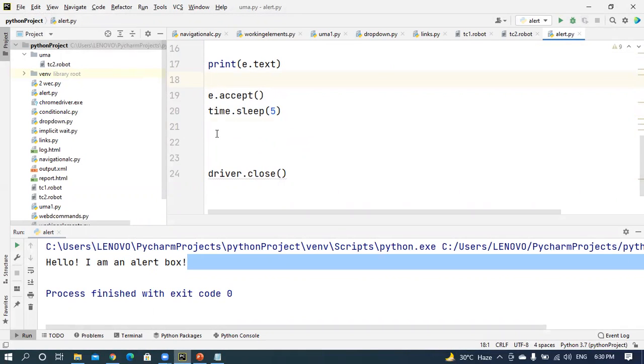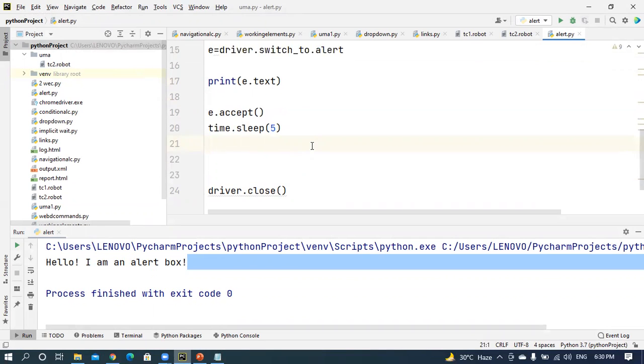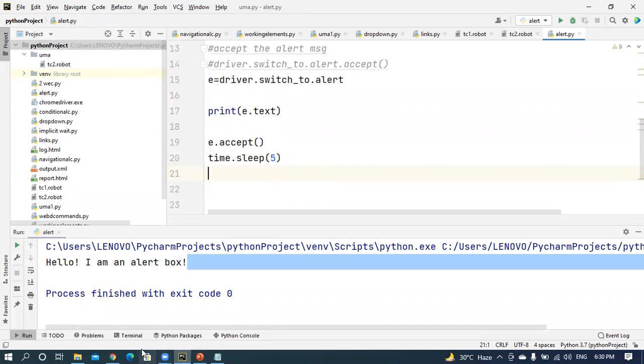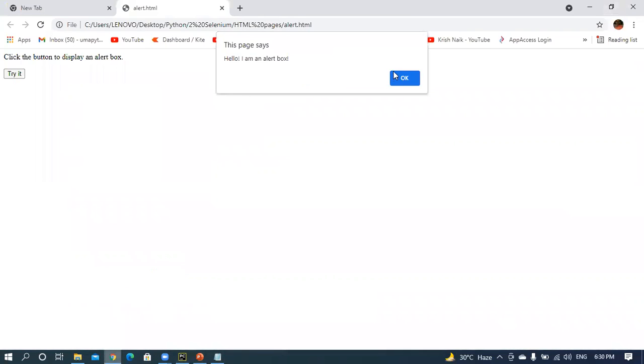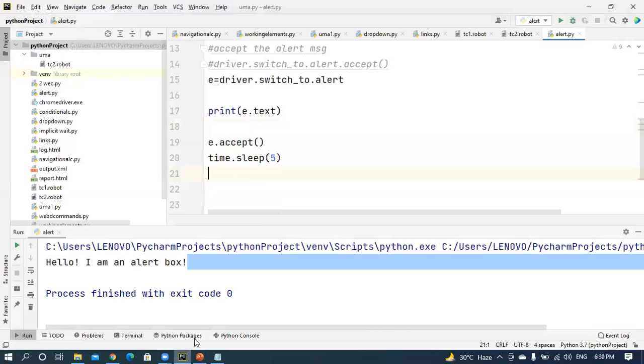Next important thing, there is another method, that is dismiss. There is no difference between accept and dismiss: if you click okay, that's accepting. Dismiss means I'm closing this one. Verify this difference here.